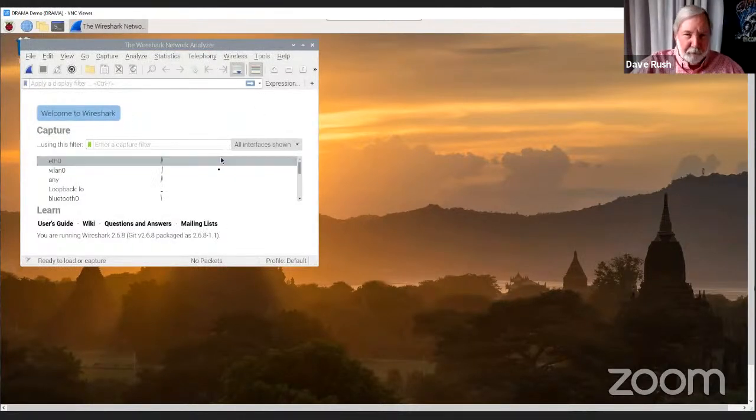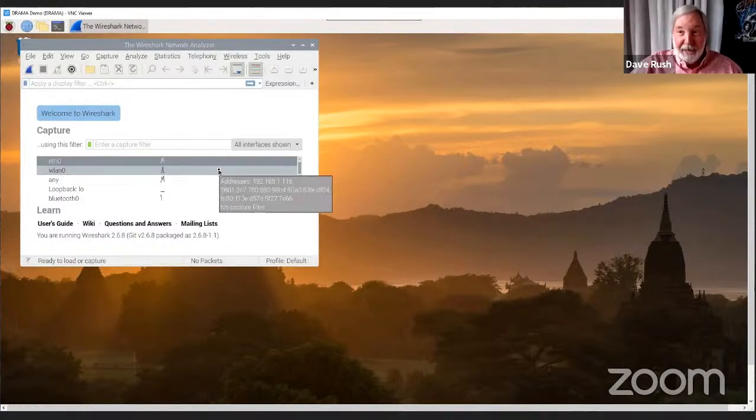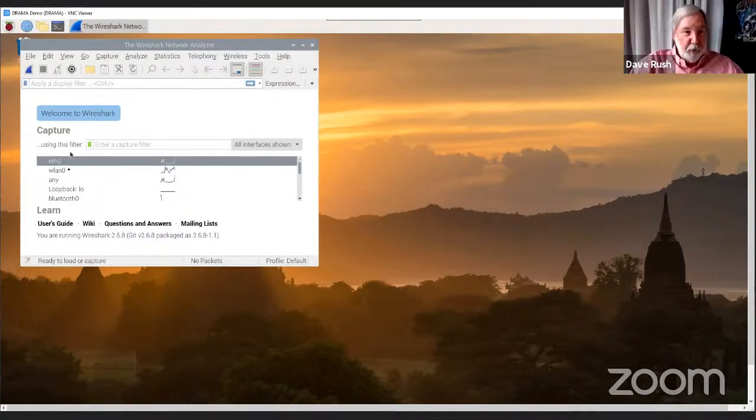Hey, there we go. So all I had to do is have that group, give it permission. Now I could do this individually too. I could take a user account and give it specific permission to run this thing, but I would have to do that for every user account in the system. So now you just run it like anything else.